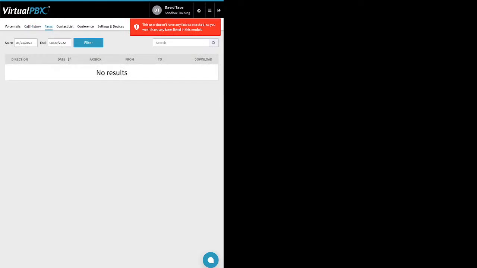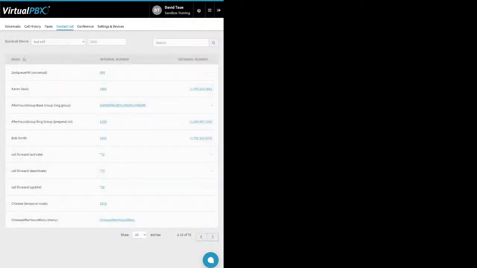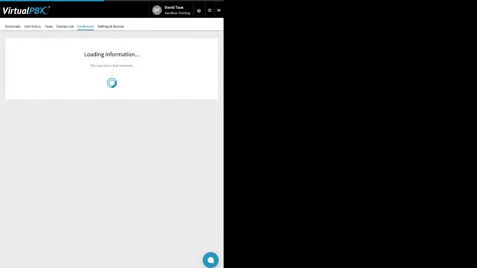Faxes only shows up usable for anyone who has their own fax box, but it would show their fax history. The contact list, this is a view only or read only system, but basically allows your staff members to see like everyone else's name and their extension numbers, as well as the groups, auto attendants, etc. It is not something they can add to. Conference tab